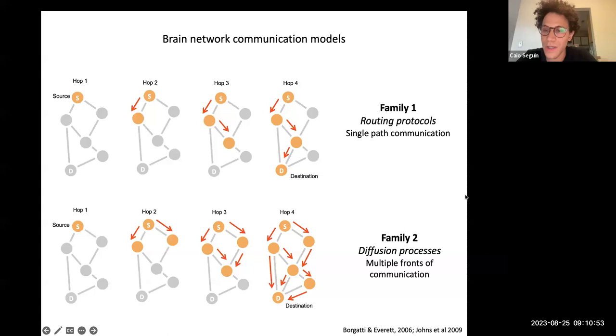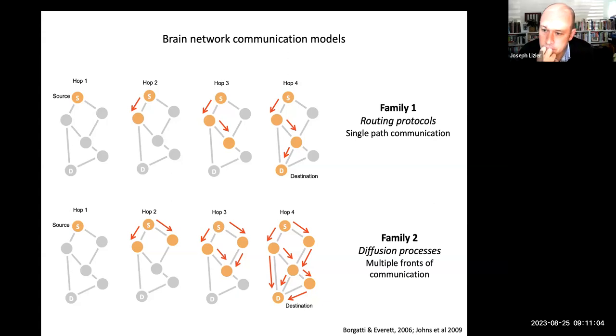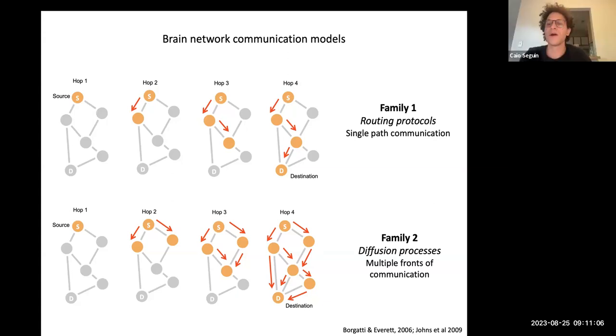Yeah, so typically the way people have applied these routing protocols, it has had traditionally a more deterministic flavor. Whereas the diffusion processes have a more stochastic flavor. But you could implement a stochastic routing process where the decision is not fixed, but it is based on some sort of probability distribution. You could do that, yeah. Is that related to what you're asking?